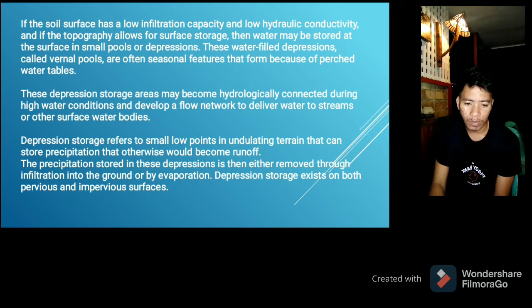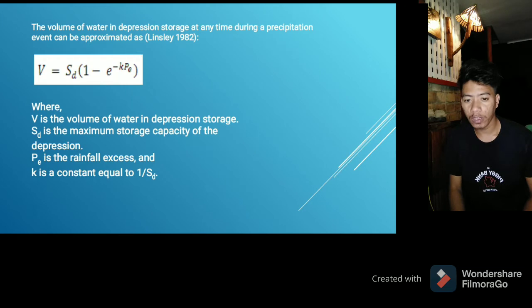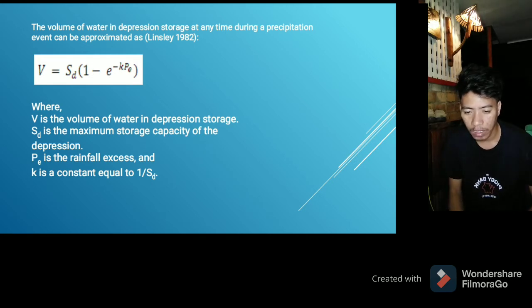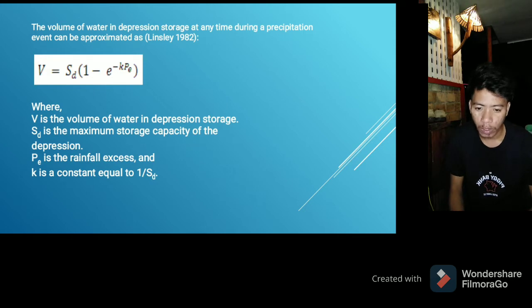Depression storage refers to small low points in undulating terrain that can store precipitation that otherwise would become runoff. The precipitation stored in this depression is then either removed through infiltration into the ground or by evaporation. Depression storage exists in both pervious and impervious surfaces. The volume of water in depression storage at any time during a precipitation event can be approximated as V = SD(1 - e^(-kPE)), where V is equal to the volume of water in depression storage,